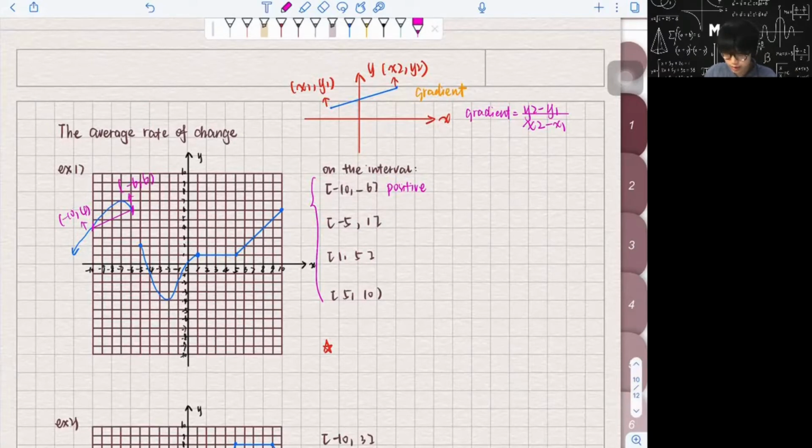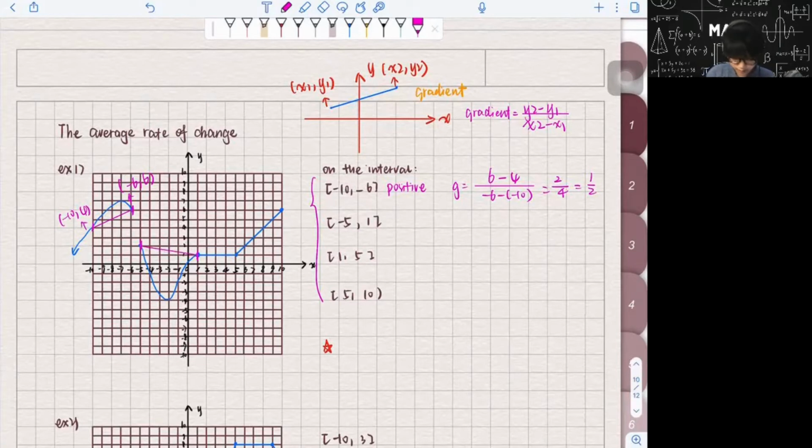So its gradient is 6 subtracts 4 over -6 subtracts -10. And it is 2 over 4 equals 1 over 2. And from -5 to 1,